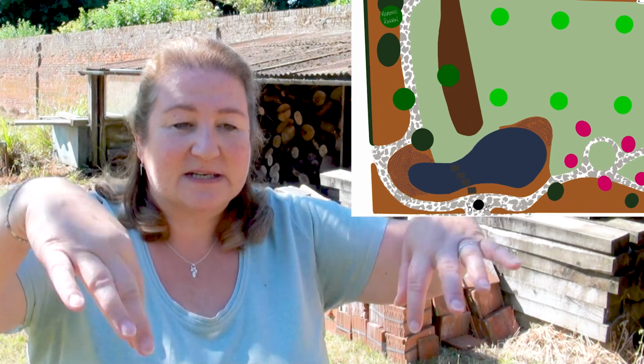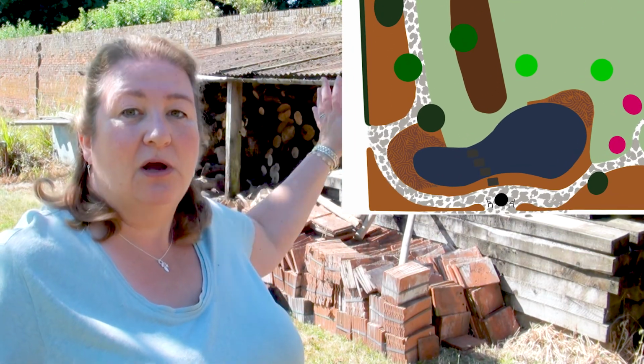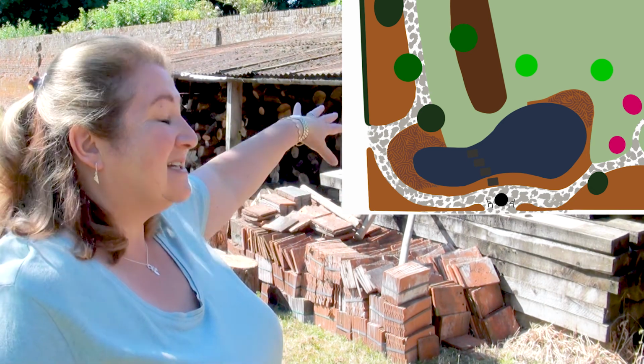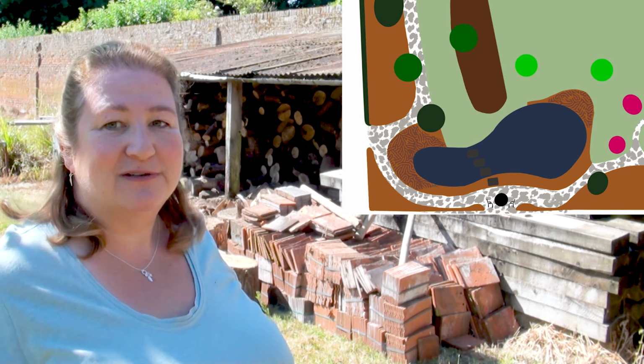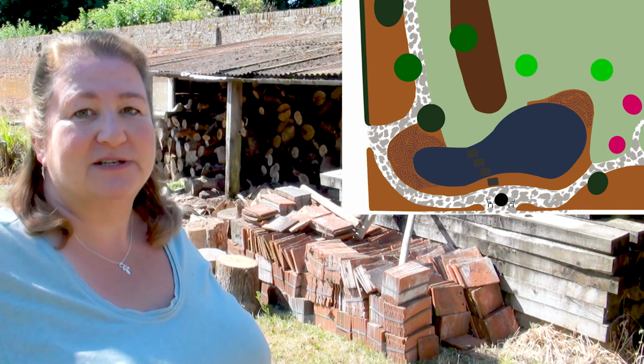So that's what we're doing in this area. It's not going to be a round shape. It's going to have an area against the back wall where we could put a table and chairs and maybe an arbour, and then it's going to have stepping stones across the middle so that we can walk across the pond rather than having to go round. But there will be a path that goes all the way around the back of the pond,